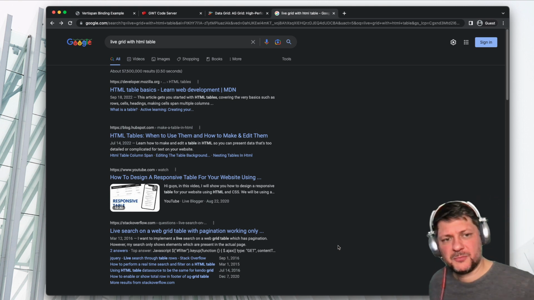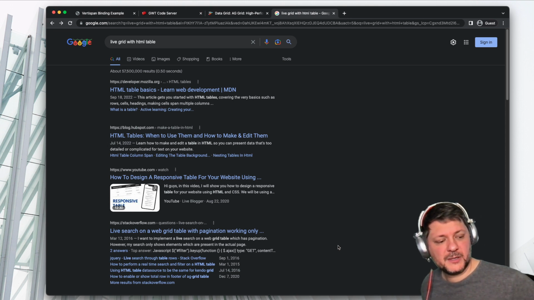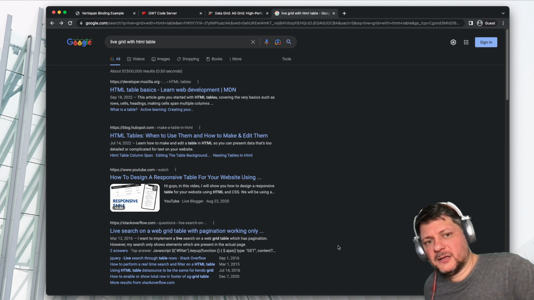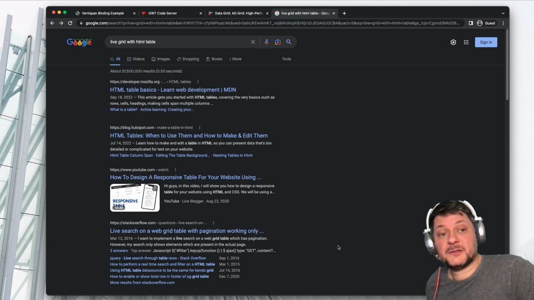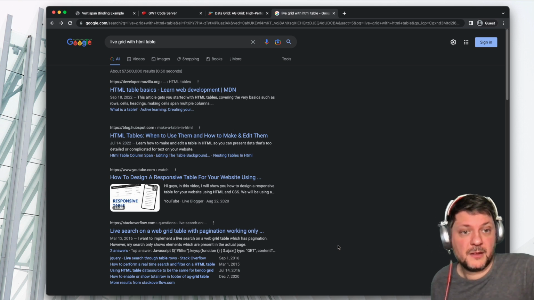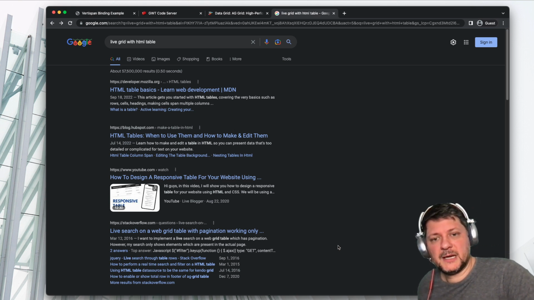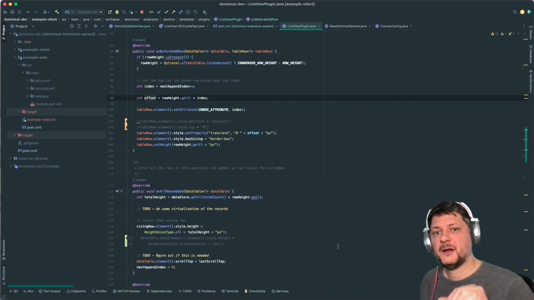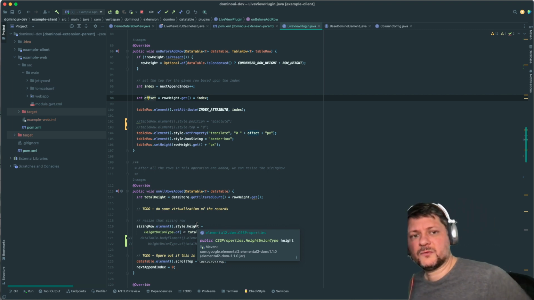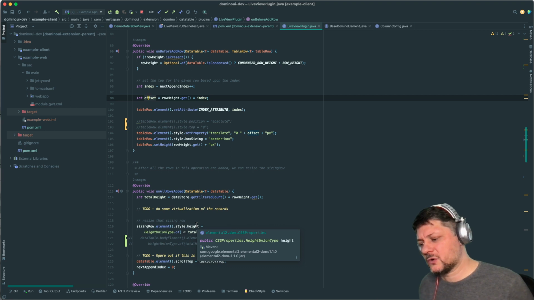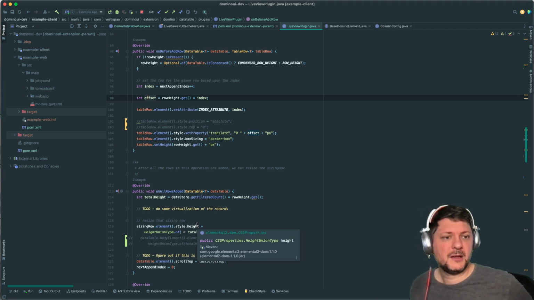Yeah, I had mentioned that previously, where it might make sense at some point to deprecate the old one and use some lessons learned and attempt to create something new that migrates away from the other table and starts out from the get-go with row virtualization, basically what I've been doing with the live grid, limiting the number of rows that you're actually rendering in the DOM based upon the scroll position. So if you start out from day one with that, it would